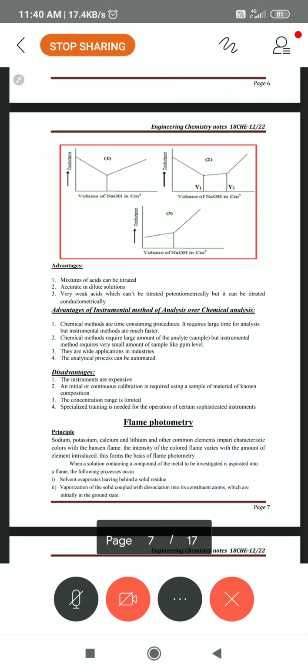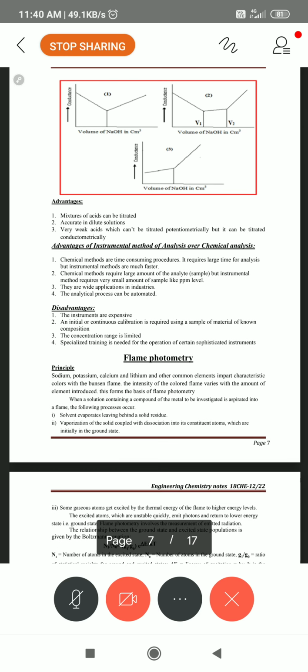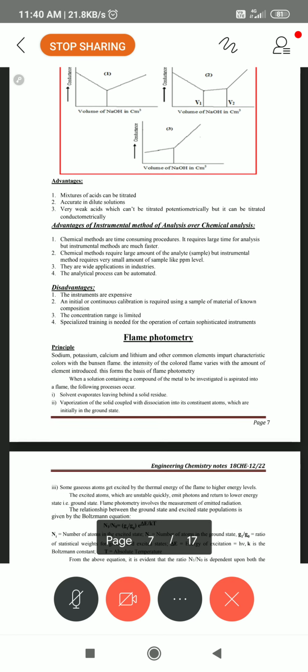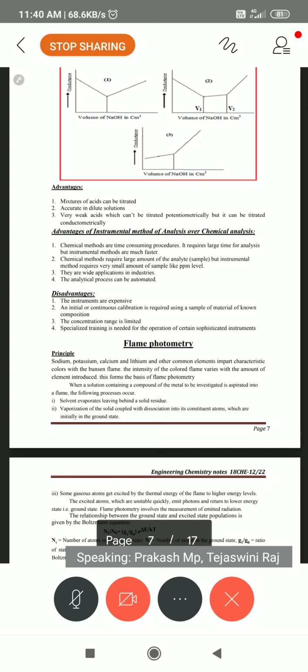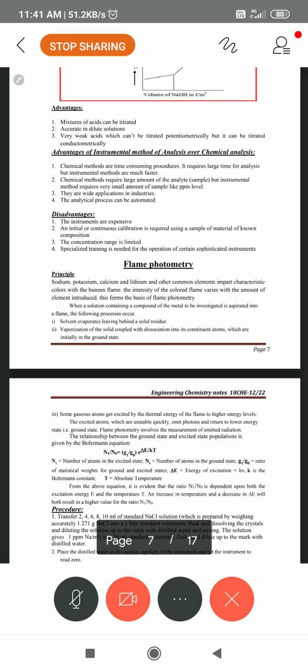For the 20 ppm solution we keep it. At 0 ppm we keep it, absorbance is 0. When you keep 20 ppm, you got 25 or 26 absorbance. You can change to the 40 ppm solution. At that time it can give 46 or 50, the emission will come. For 60 ppm, you can keep it under the aspirant. It can show a reading of 65 or 70 or maximum 80. Then for 80 ppm, 95 emission you can get. Finally you can keep the 100 ppm solution.